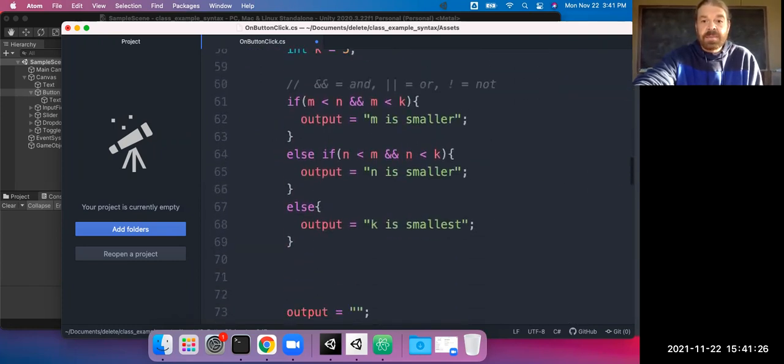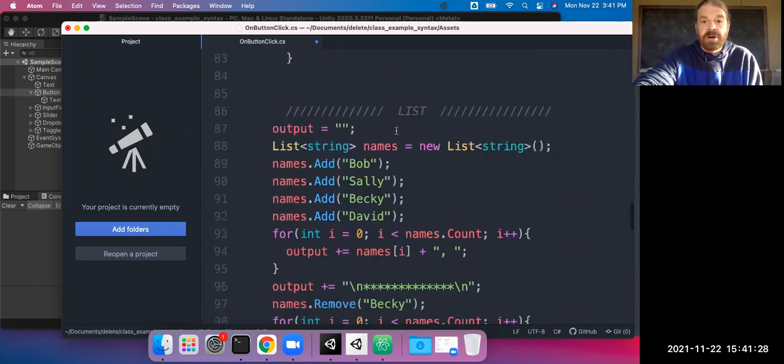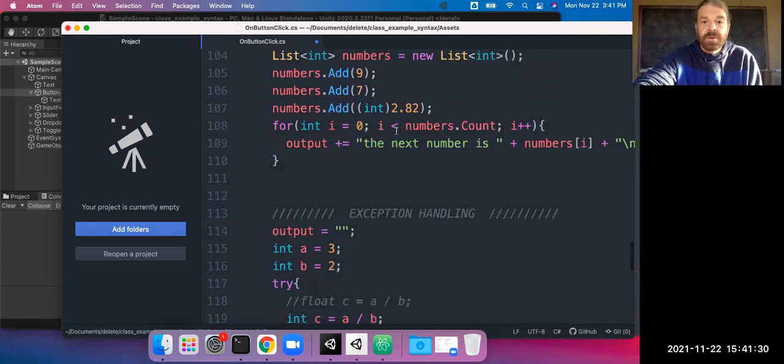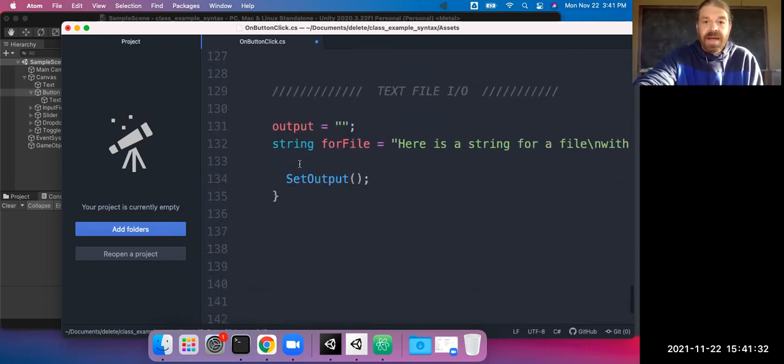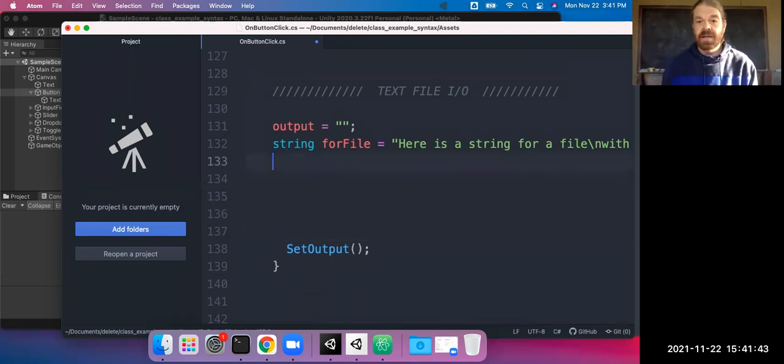So using the System.IO library, when we have a string, we'll take all our data, turn it into a string, get it ready to send to a file, and then all we have to say is File.WriteAllText